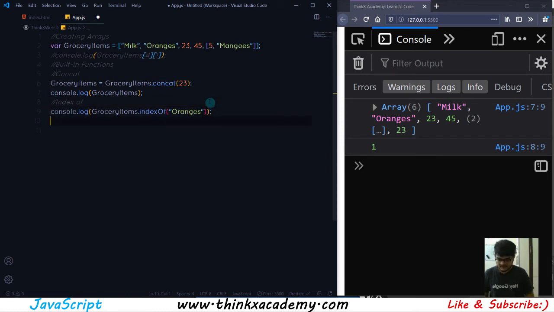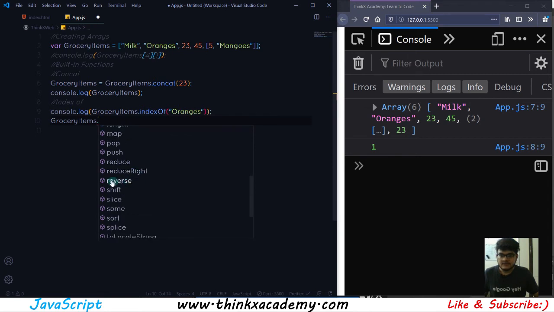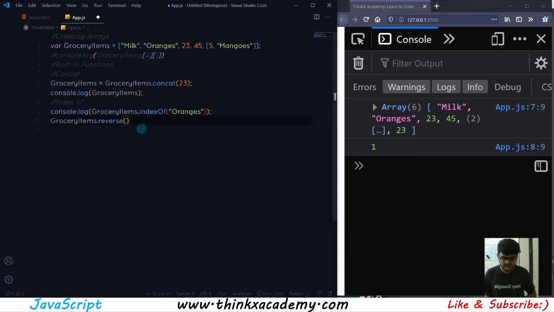There are a few more inbuilt functions that we are going to discuss in this tutorial. So let's talk about the reverse function now. What this reverse function does is it simply reverses the array. So milk, oranges, 23 and 45, this is the original array. After reversing the array, the last element will go to the first, and it basically reverses the elements of this